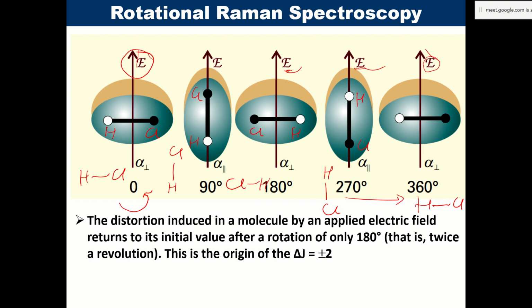in a constant direction. Suppose एक particular direction में, upward direction में electric field apply किया गया, and the molecule is undergoing rotation. So the molecule is rotating. So when it is perpendicular to the molecular axis, it is alpha perpendicular polarizability, and this is the alpha parallel polarizability, shown here like this. So in this case, the polarizability is shown by the yellow colored block. So you can clearly see that there is a change in polarizability when it is perpendicular or parallel, and the cycle